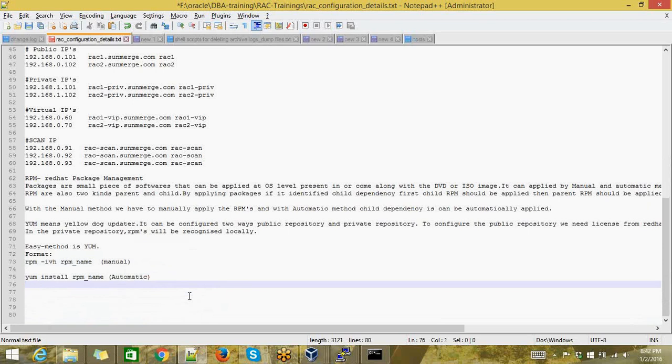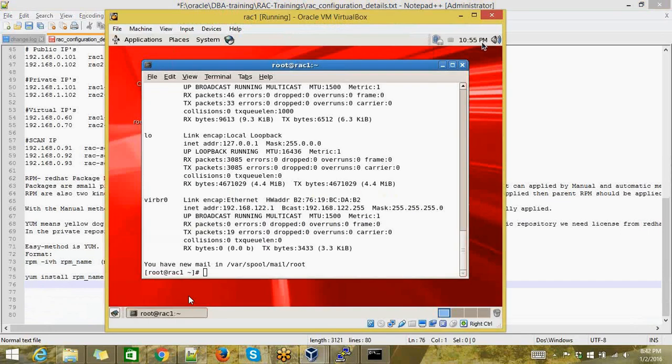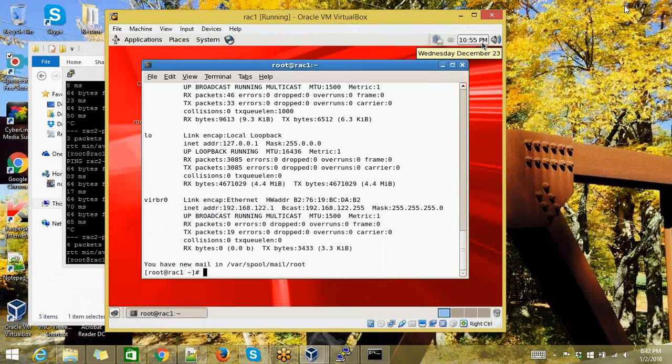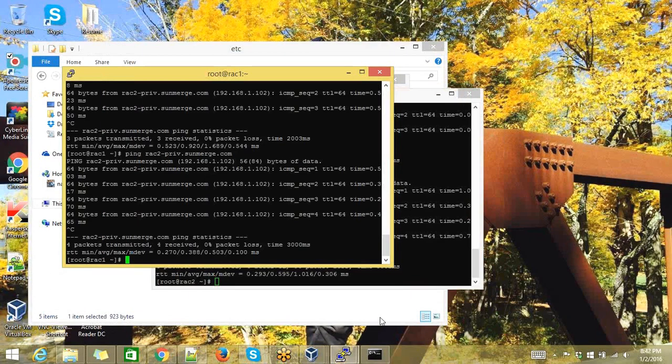All right. So we'll go with the yum configuration now. For that, first we have to make sure that your ISO image is mounted on your operating system. Okay, just listen first. So go to